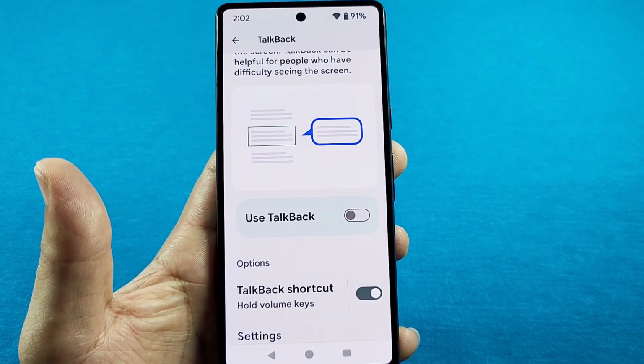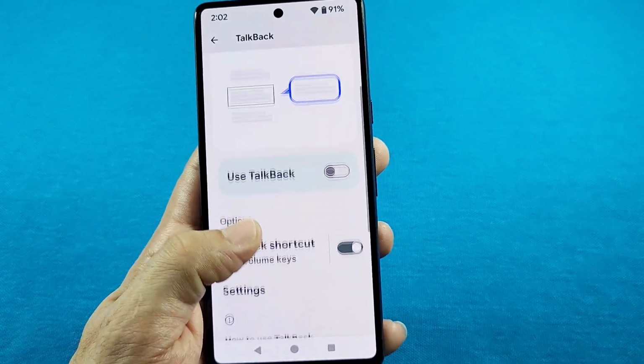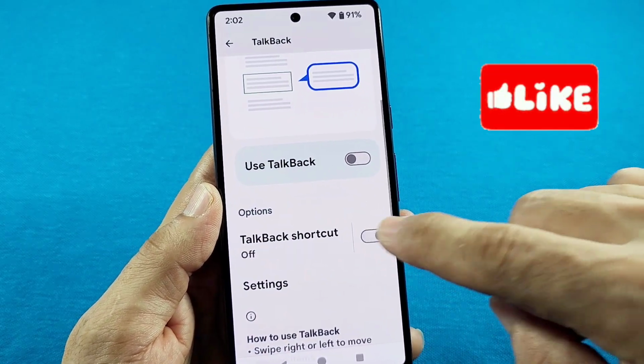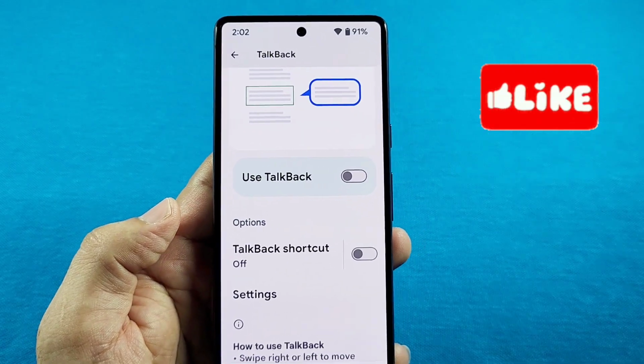And we're off. Now, before you continue, if you again made a mistake and turned on the TalkBack by holding down these keys here, just make sure the shortcut is disabled so you yourself won't make a mistake and turn this on